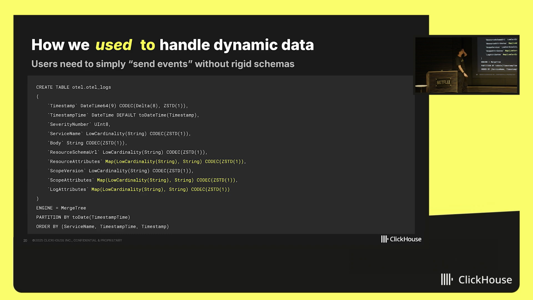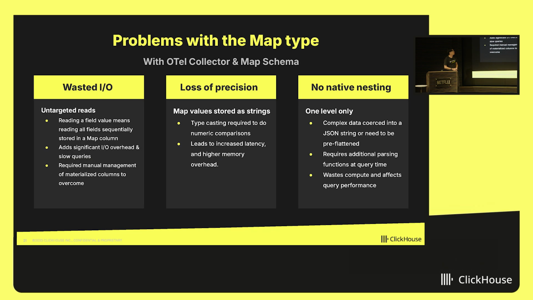But originally, if you're using the OpenTelemetry schema that we currently include inside the OpenTelemetry collector, or if you read ClickHouse blog posts, you'll probably be running a schema very similar to this, and that's what Daniel showed earlier as well. You'll have a map that has a low cardinality string, and it maps to another string. So that's where things are today, and that's how you store dynamic properties that may or may not exist in an event at a given time.